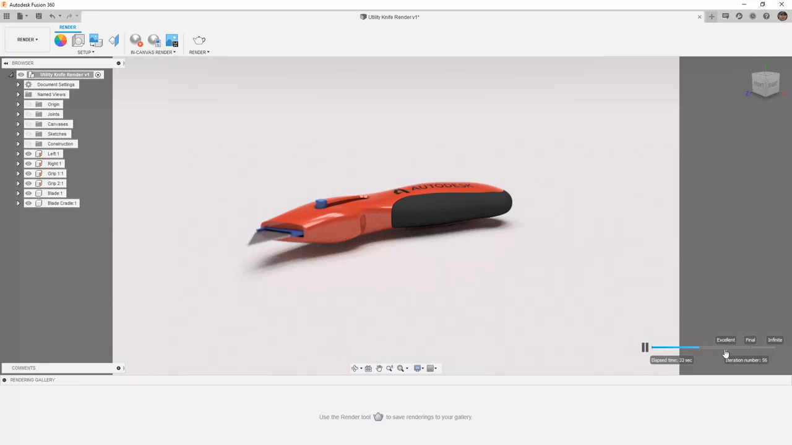You also note in the bottom that we have an arrow slider which we can set to excellent, final, or even all the way up to infinite to just simply let it process as long as we want. Once we're happy with the result, we can pause the processing and we can capture that image and save it